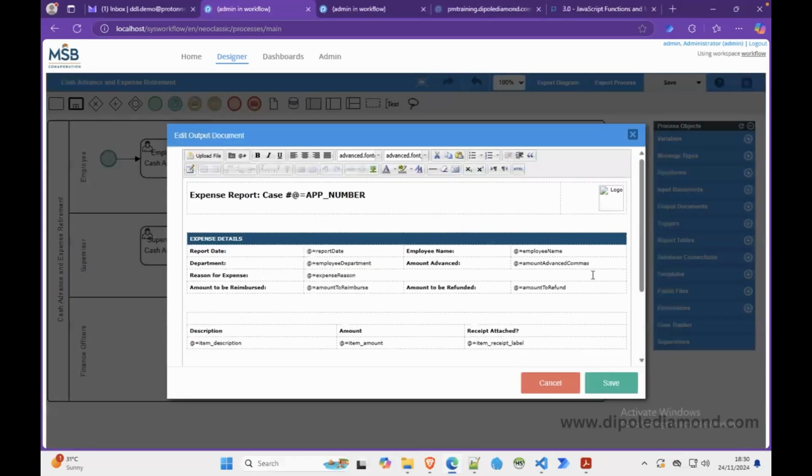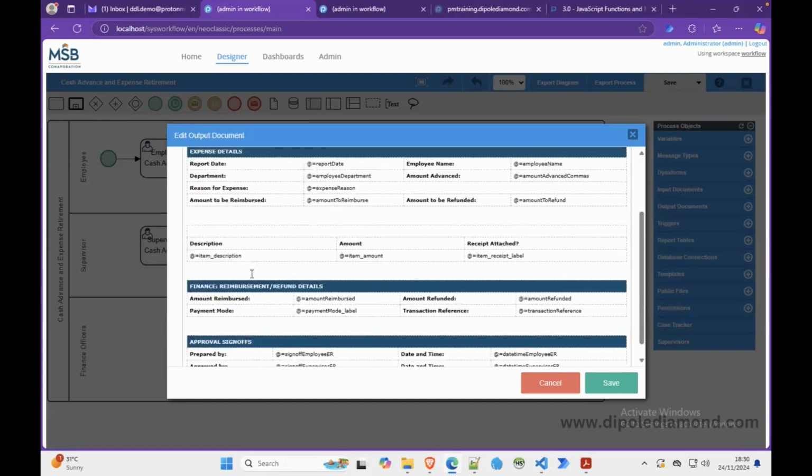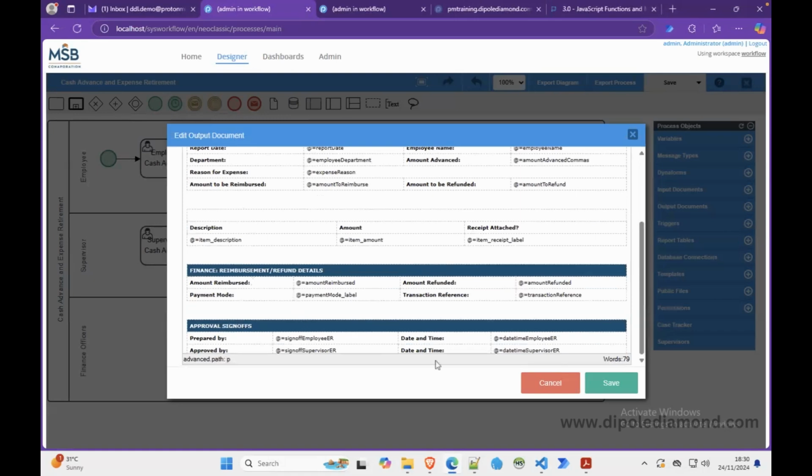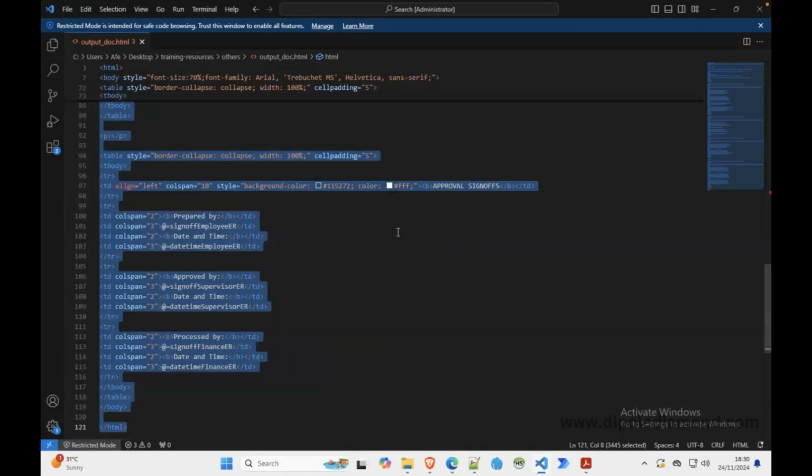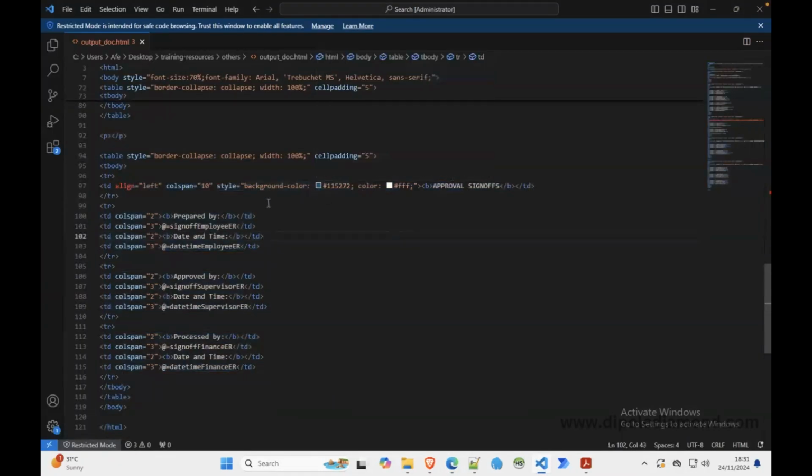When we update, you see what we can see here. You see that we've even added the color brand of MSB Corporation. And how did we do that? For each of these section headings, if I go back to my VS Code, you see that on each row